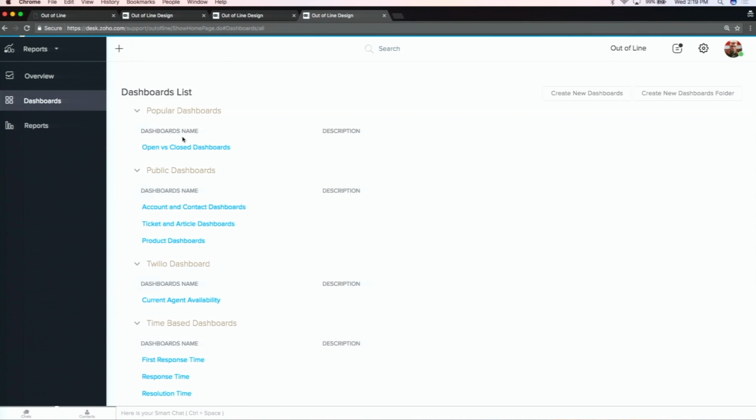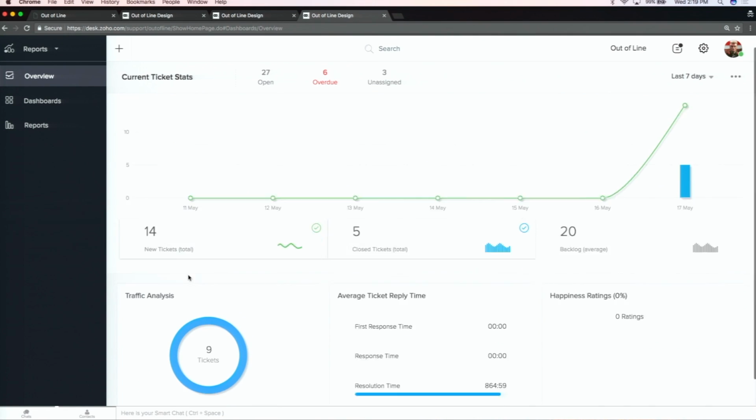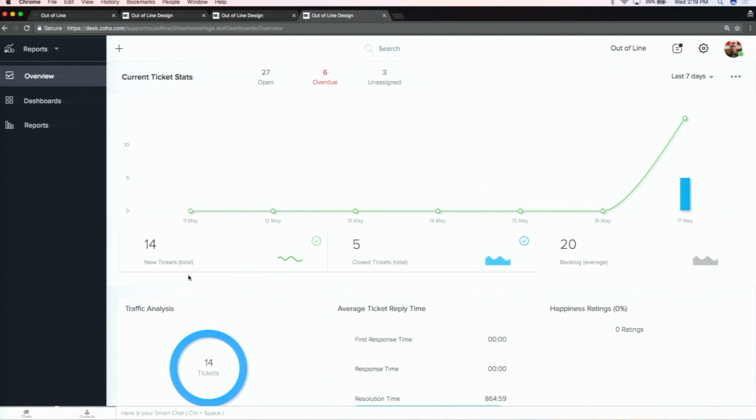You have dashboards, and these are useful depending on your support process here. You probably have a fairly specific support process for your specific business. So some reports aren't going to be that useful. For example, when I show you the overview of the reports, like earlier, all these are going to be generally useful to your business. No business is going to look at these and say, well, I don't care where my tickets are coming from, or I'm not really worried about my ticket stats. These things matter to you, but you probably have a lot of other reports that are much more useful to you. If you go into the dashboards,